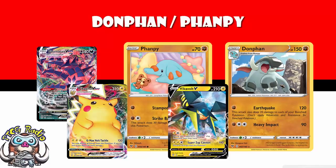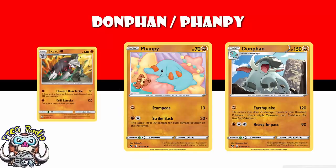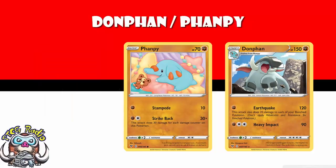And this is looking like a very good Pokemon indeed. But you are missing that big late game attack like we see on Excadrill. That is a relevant point. But that's where, weirdly enough, Phanpy comes in. You see, Phanpy is awesome. Phanpy's got the attack Strike Back for 2 energy that does 30 damage for each damage counter on this Pokemon. Now, you've got 70 HP, so if you've got 6 damage counters on, you're doing 180 for 2 energy on